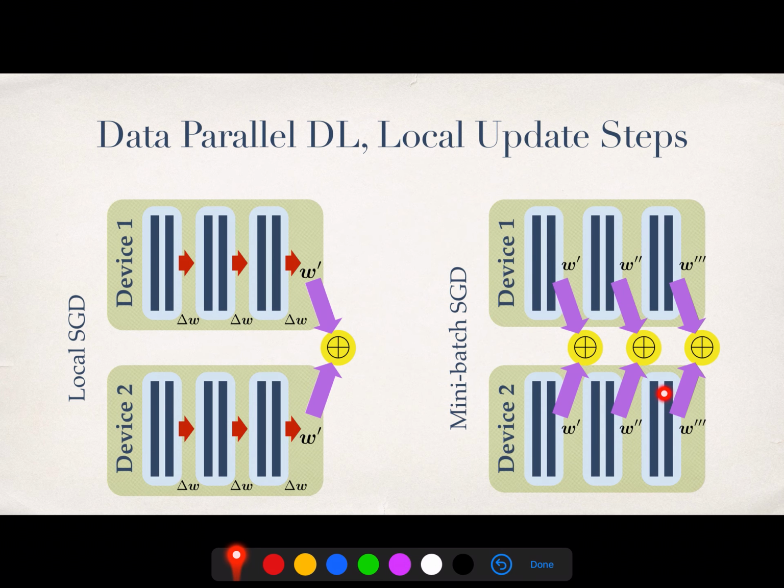So if you look at the right, we have mini batch SGD on 2 devices. And here we have that in every step, the machine has a mini batch of 2 locally. And so I pick not one data point on my own machine, but 2 of them. And then I send the average of this mini batch to the server, and the other machine does the same. What's the point here? The point is that because I have 2 data points at a time,